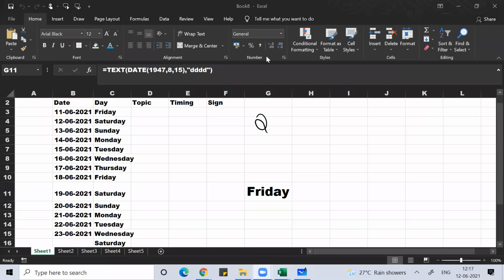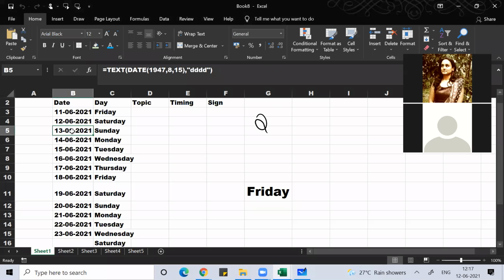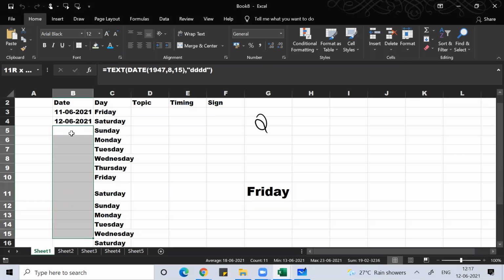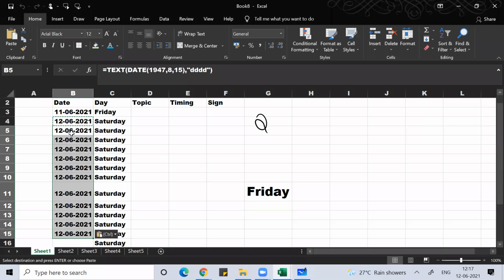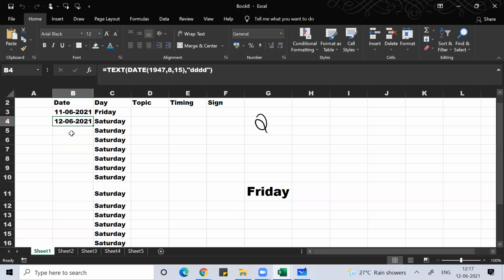Okay, how to drag? Very easy, guys. Suppose you get this value. Simply copy that and paste it, or just see at the bottom right. At the bottom right, keep moving your mouse till you get a plus sign.